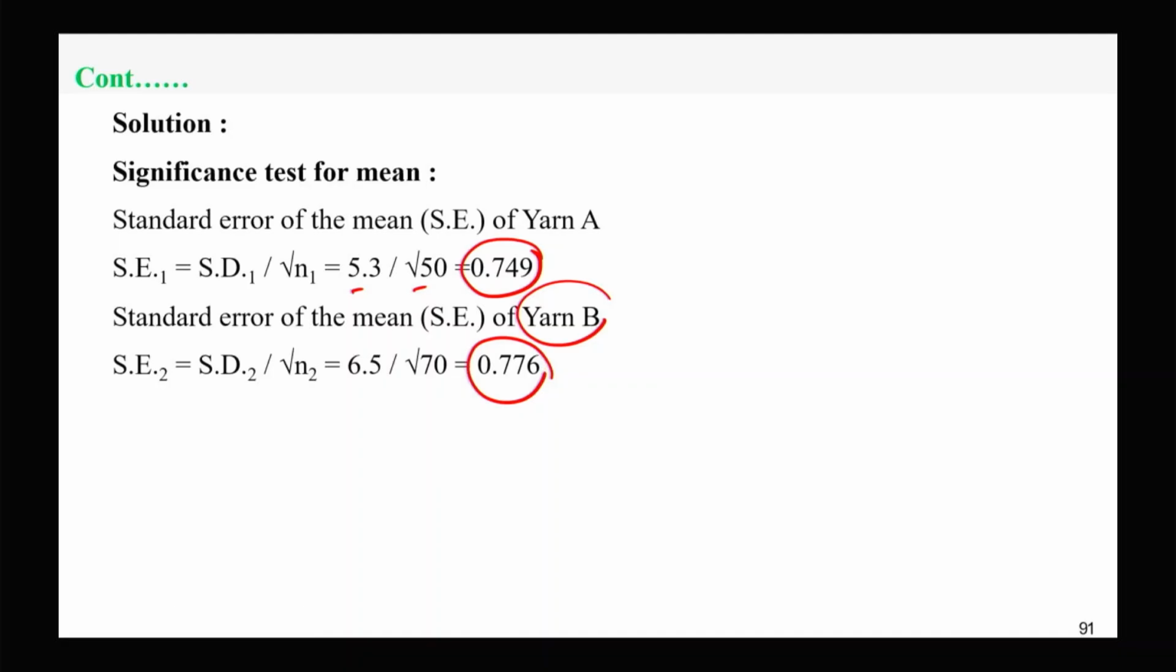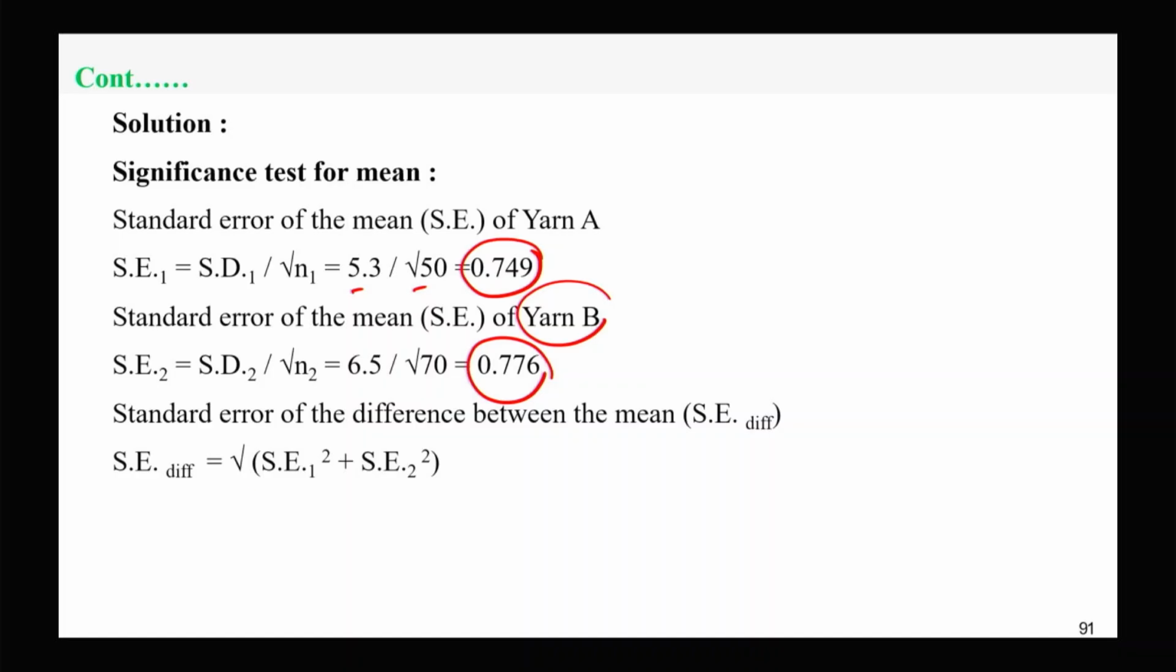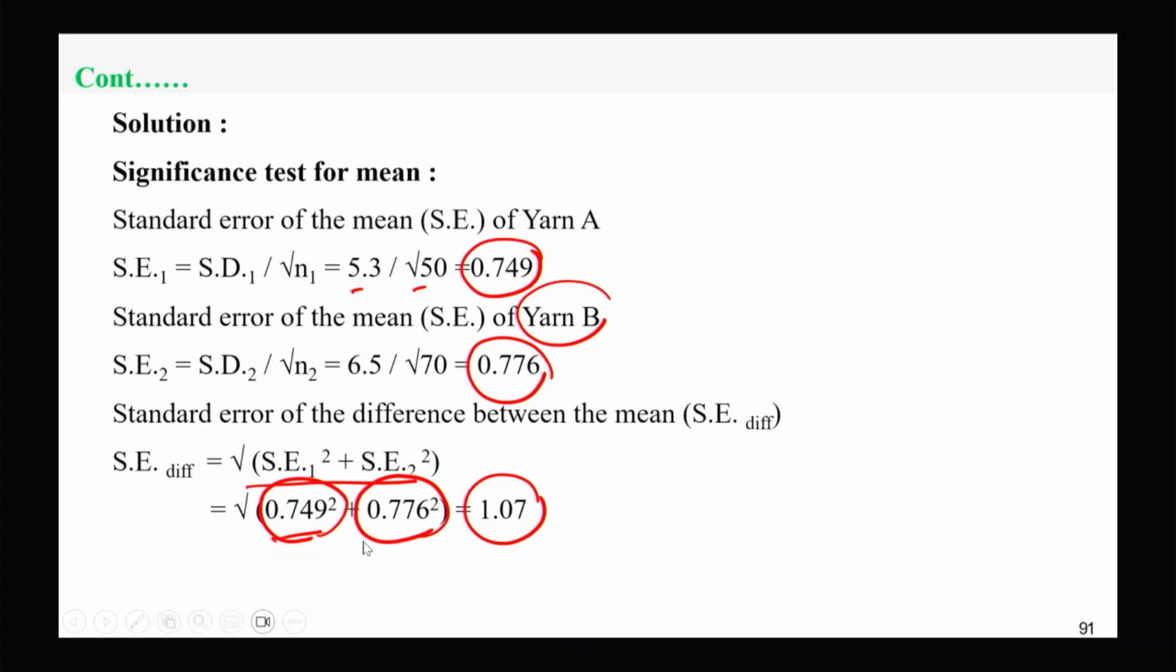And then the next step is that we have to calculate the standard error of difference between means. This is the standard error of difference between means. So this value is under root standard error 1 square plus standard error 2 square. So it is coming out to be 1.07, and the t value, as we have done earlier,